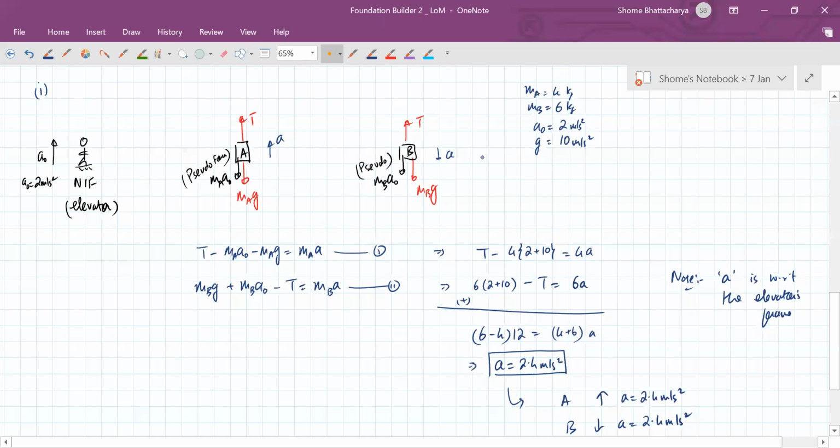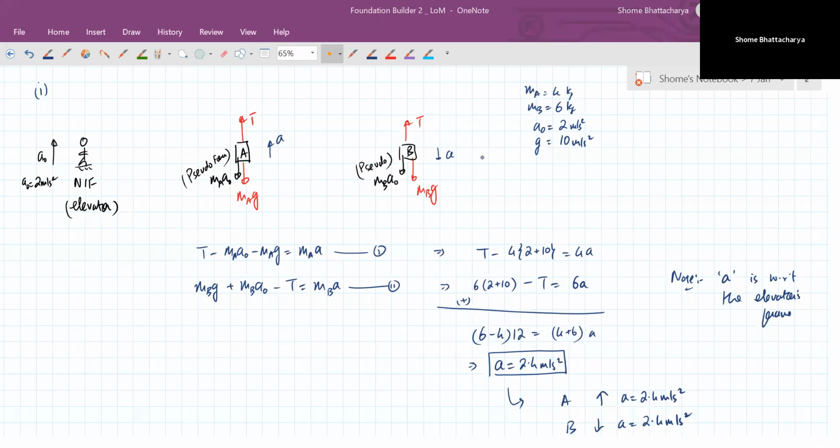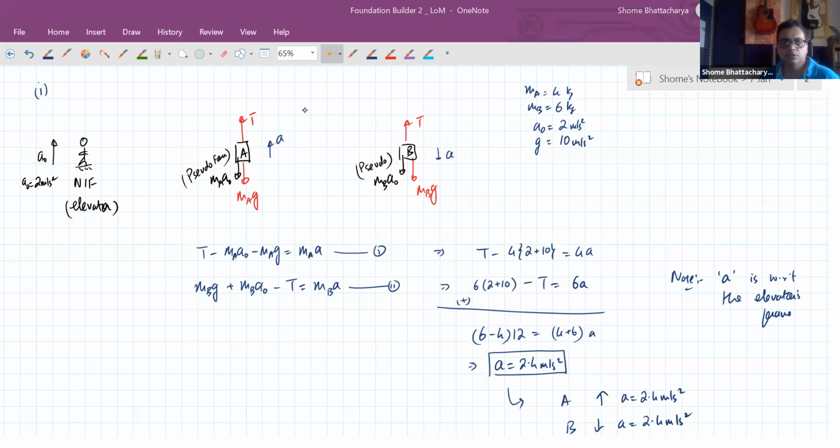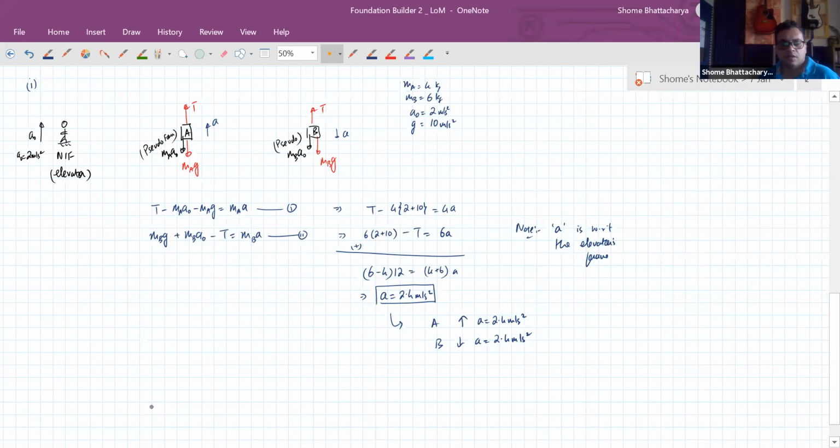Okay, so people, now for the second part, what we have to understand is how we can use relative motion concept. Okay. So as I said, you don't have to get into solving any new equations for Newton's laws. You just have to understand that in the elevator's frame, you are seeing A go up like this, and you are seeing the block B coming down like this. But the elevator itself is going up at a naught. So in the ground frame,